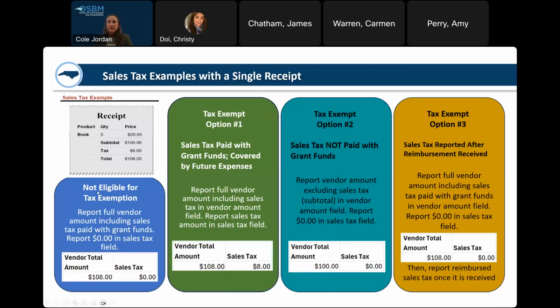So if you're not eligible for tax exemption, you're a private entity or a community college, then you would report the full vendor total amount and $0 in sales tax. Because in this case, you can use grant funds on sales tax because you are not eligible for tax exemption. Now, if you are eligible for tax exemption, whether you request reimbursement on sales tax or not, then you have